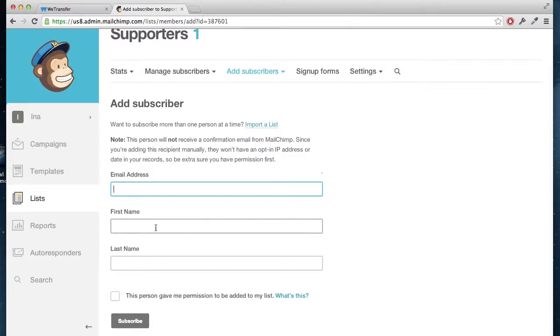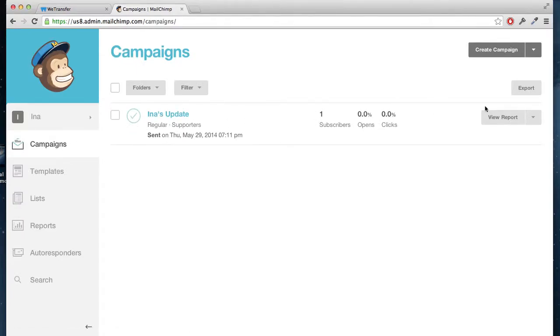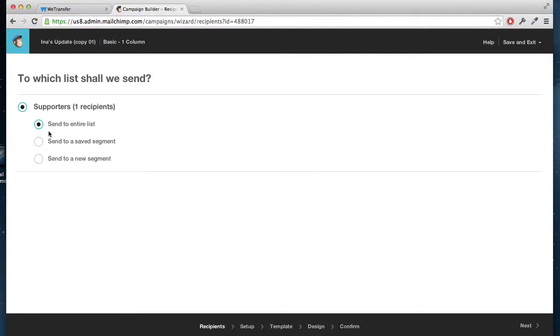put their email address, first name and last name, check that, go to your campaigns, and then you can create a new campaign. Or if you like the layout of this, if you like the way it looked, you can click on here and replicate, meaning it's going to create exactly the same look, but you can change the text. So for instance, if I click on replicate, send to entire list, hit next,